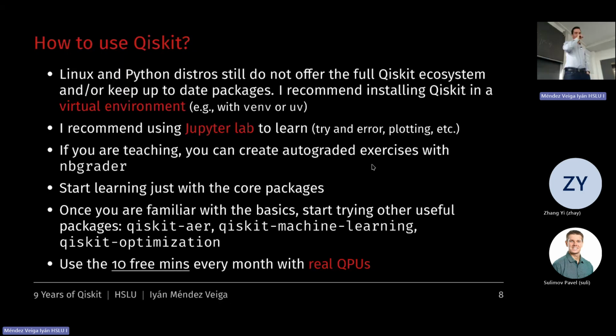So for example, for the paper we wrote, we did the local simulations, but then we wanted to run on the actual hardware, and we did that. And when I finished the 10 minutes, it was deleted. So the job gets sent to a queue. They check your subscription. They say, oh, you don't have any seconds left, so we cancel the job. And then you can wait and you will run the next month.